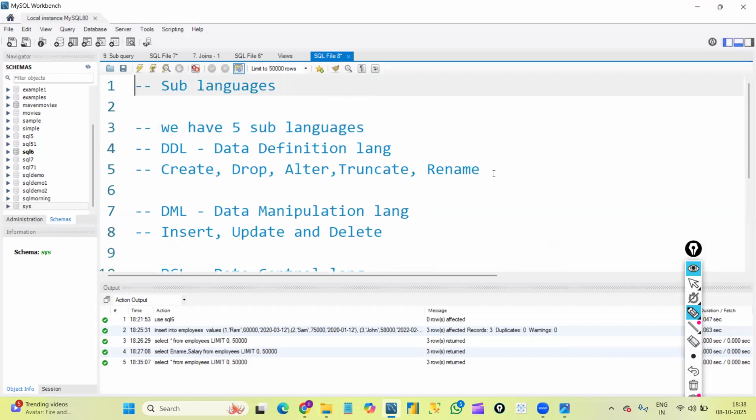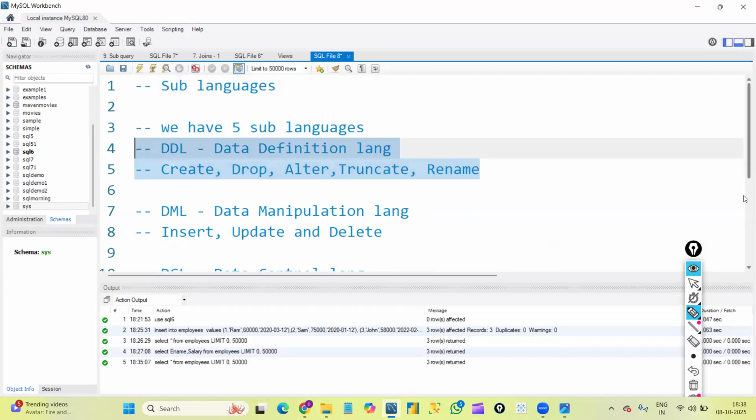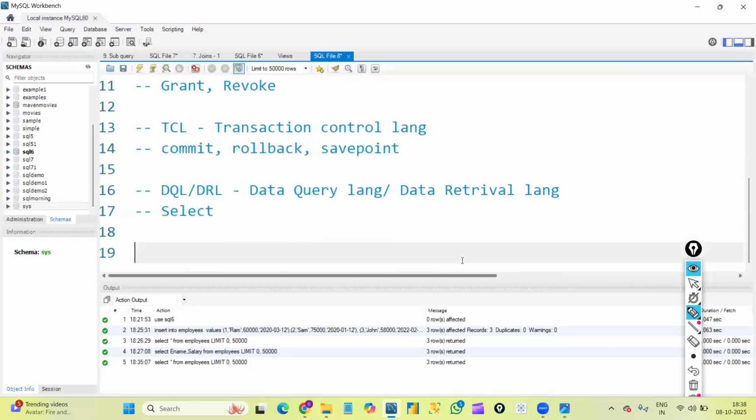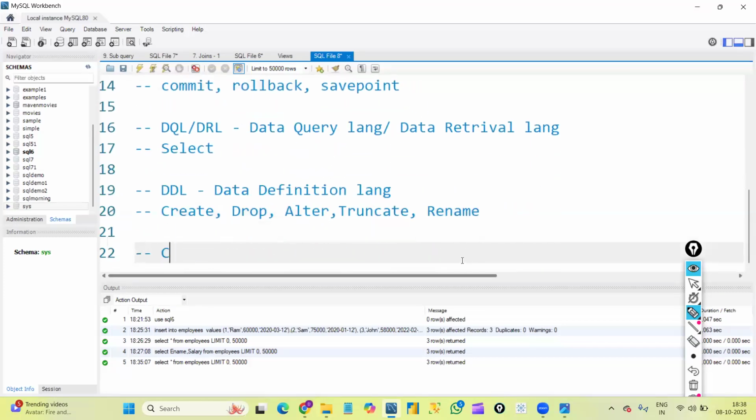First, let's discuss DDL commands. Let me write it down and let's understand one by one. First is create command, which we already discussed yesterday, so I'm not going to repeat it. Create command, as we know, it is used to